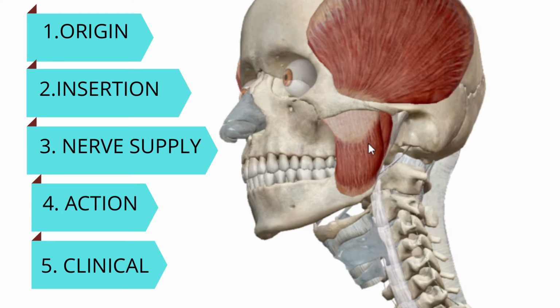And the fifth point, $1 million answer. Fifth point, that is clinical anatomy. If you know any disease related to that movement, that muscle, that nerve, you have to include it in your answer. That will give you 100 out of 100, a good impression to the examiner. So don't forget to write down all these 4 points, and the fifth one also.